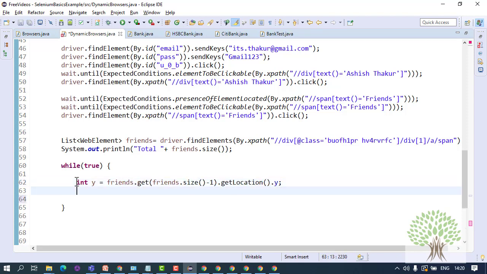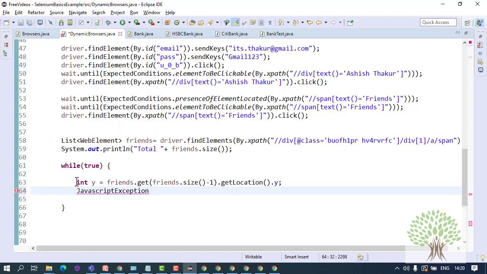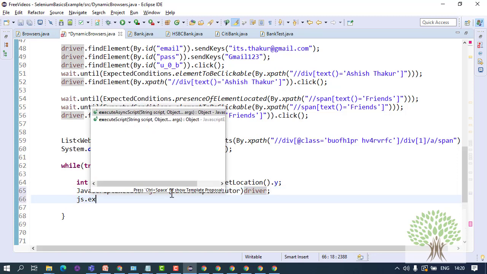Okay, and you can use JavaScript executor, which we had seen earlier. JavaScript executor will help you scroll down. You'll have to cast the driver object into JavaScript executor, and you can write js.executeScript.